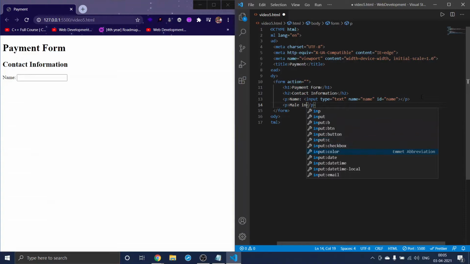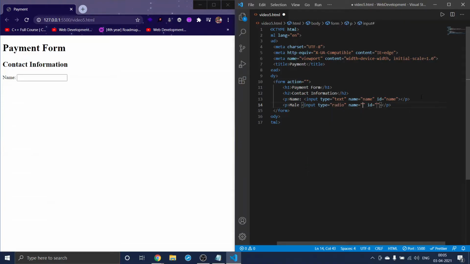So let us see what is a radio button here. Radio, and the name would be gender and the ID as male, and I will copy the same thing down, and I will just change this to female, and type is radio, name is gender, and ID should be female.